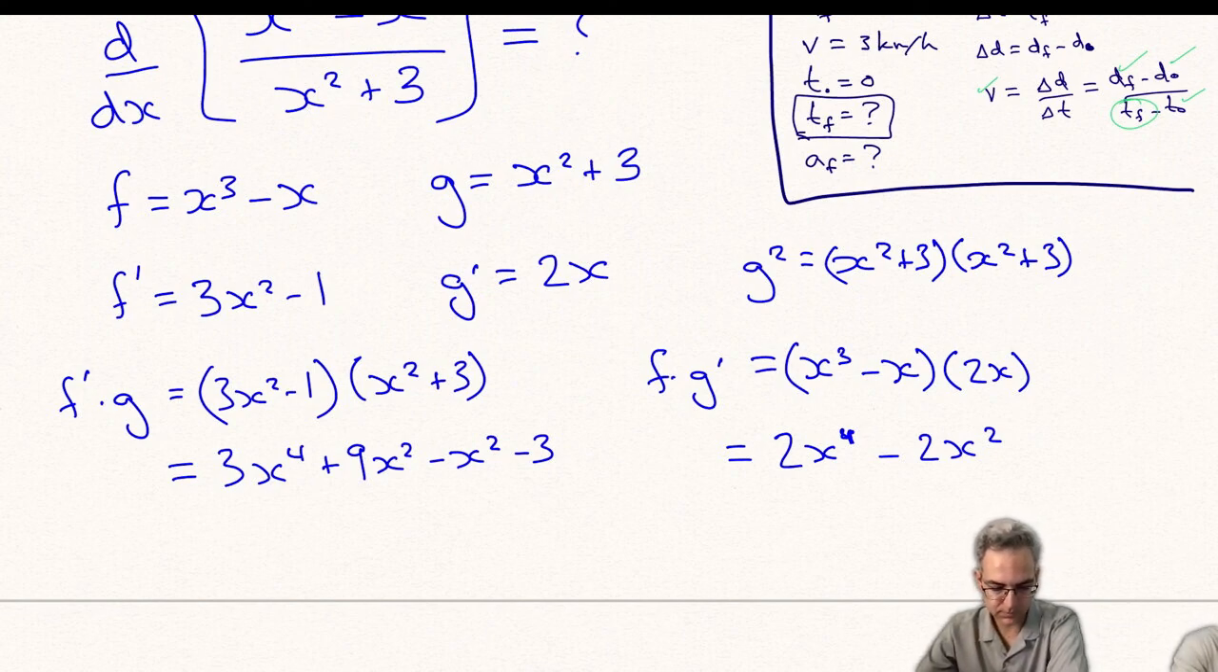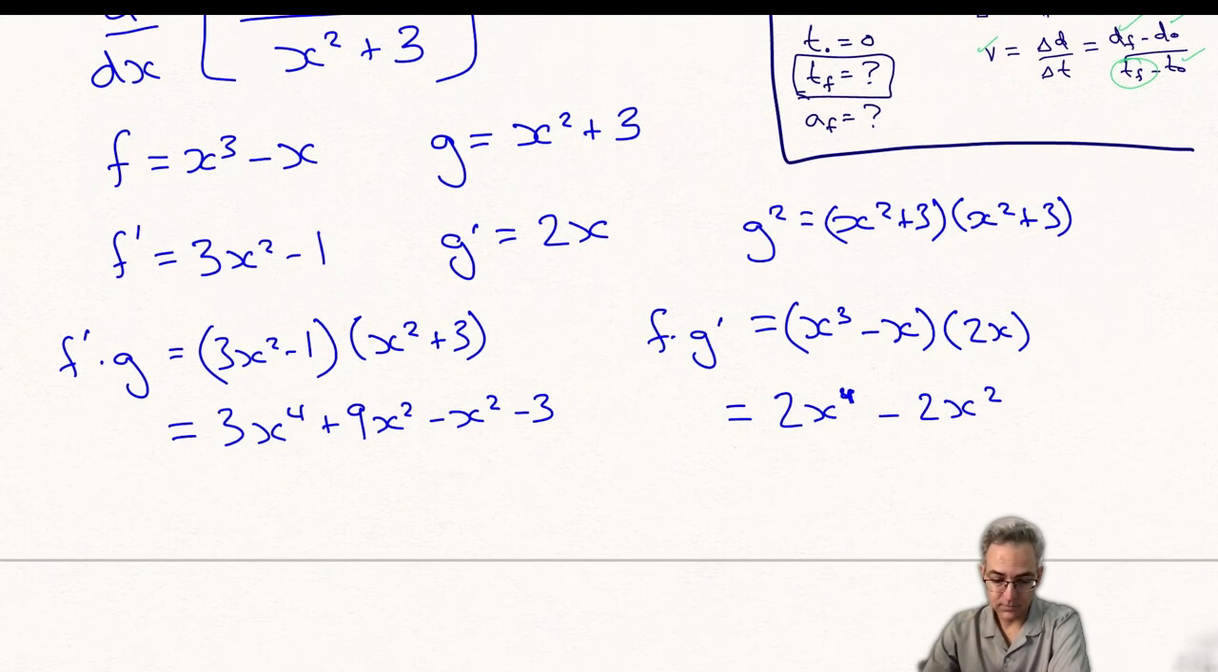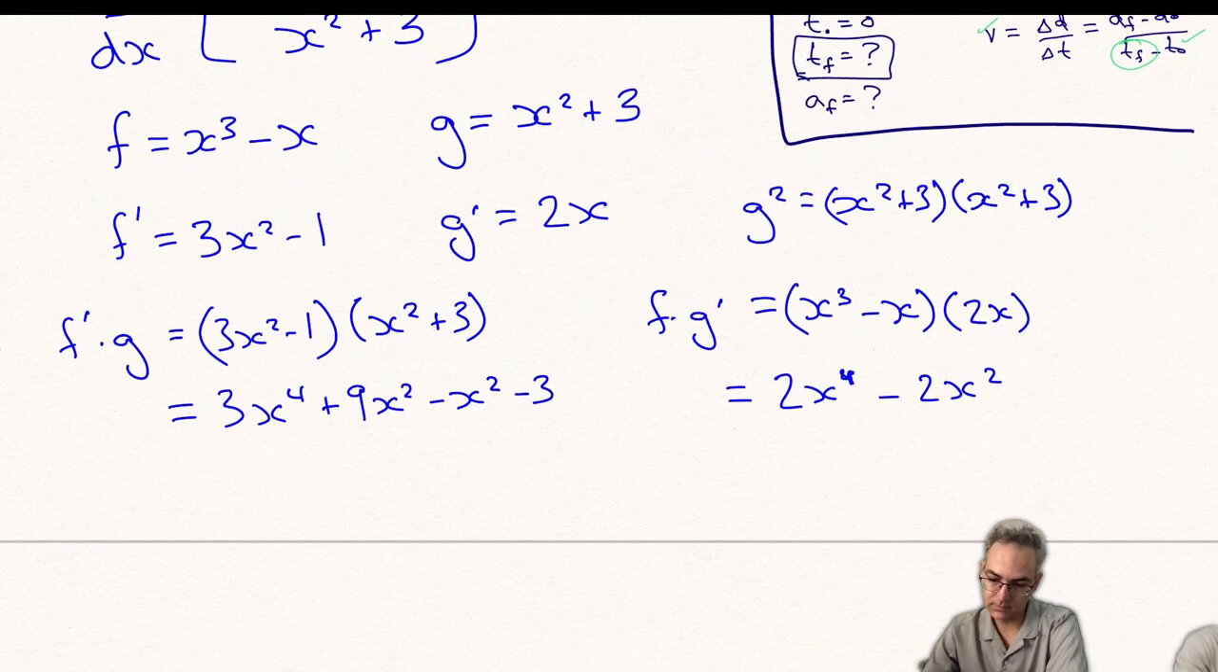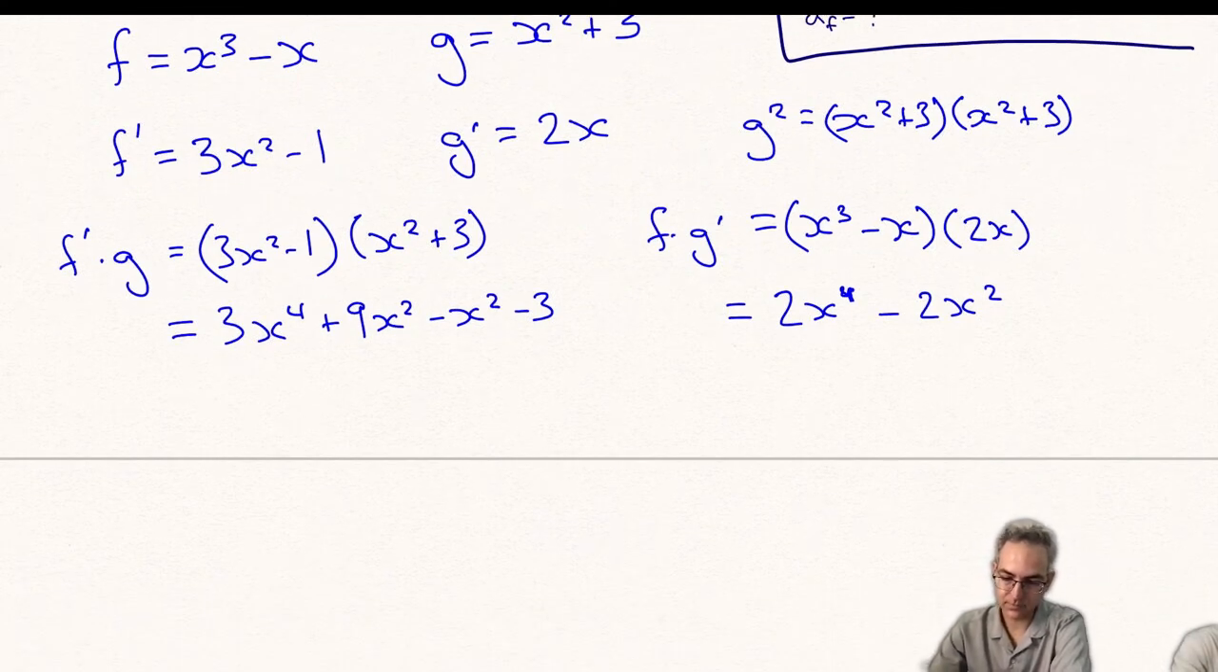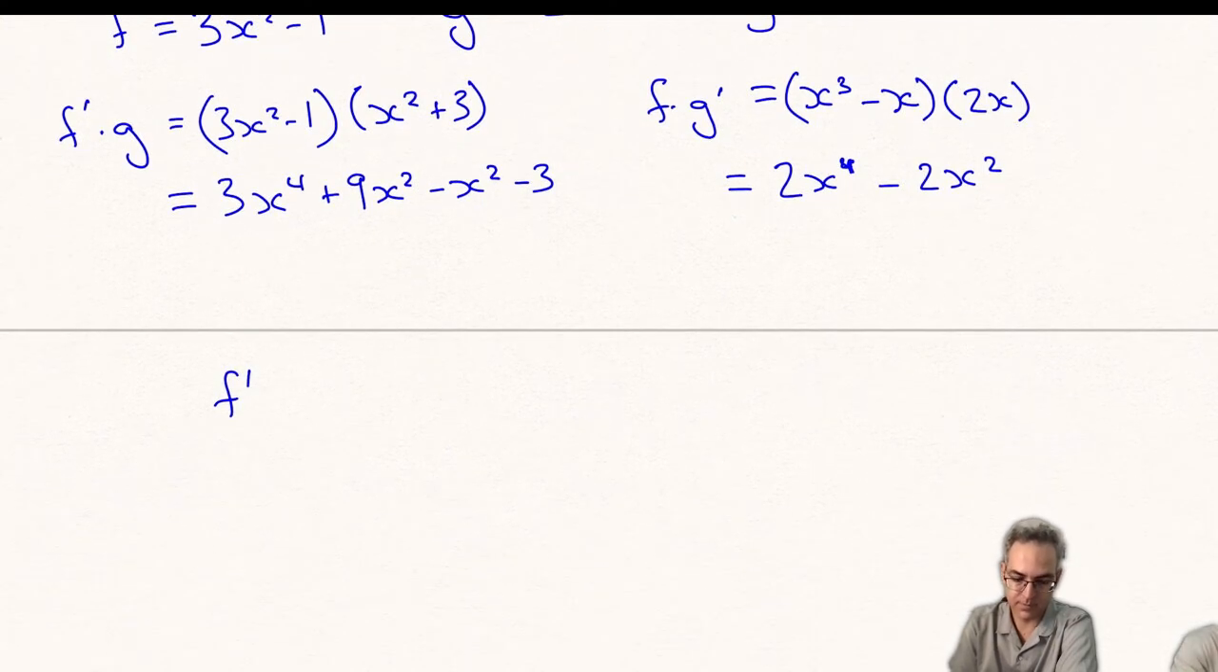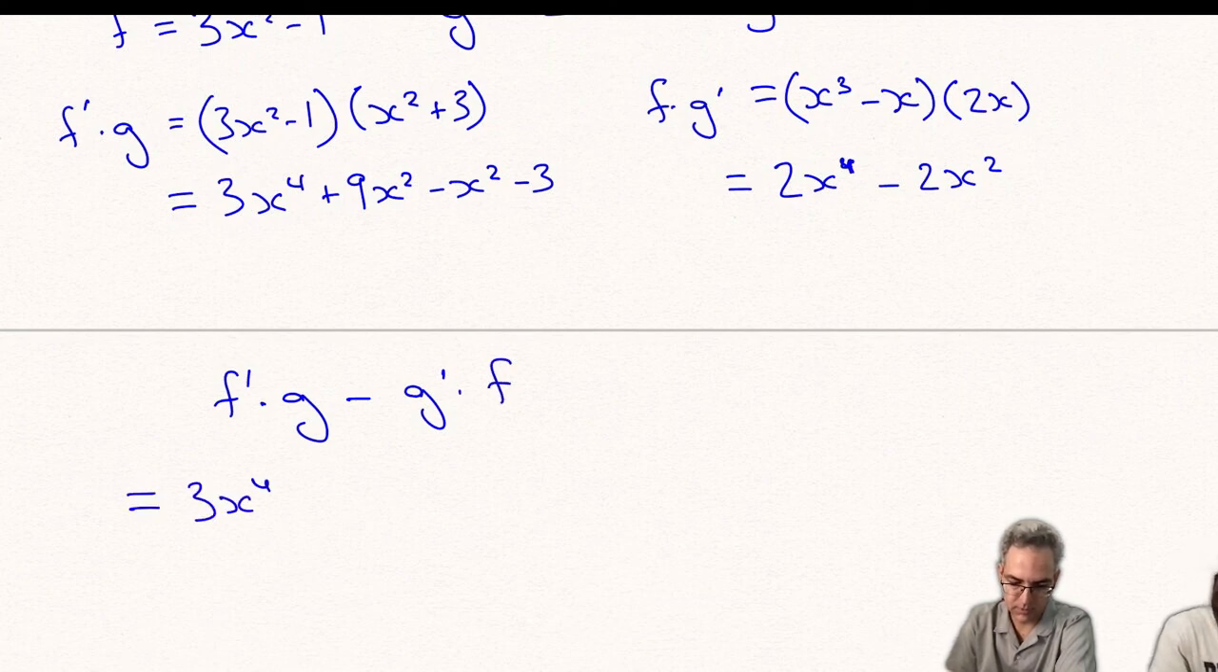x squared plus 3 multiplied by x squared plus 3. So this times this becomes x to the fourth, and then plus 3x squared, and plus 3x squared, and plus 9. So this becomes x to the fourth, and this becomes minus x squared minus 3. So, 3x to the fourth plus 9x squared minus x squared minus 3. And